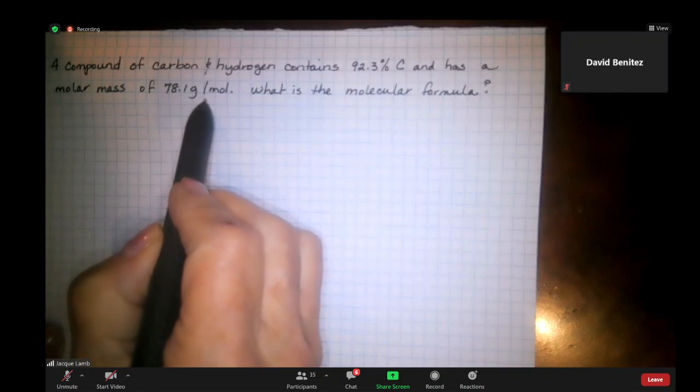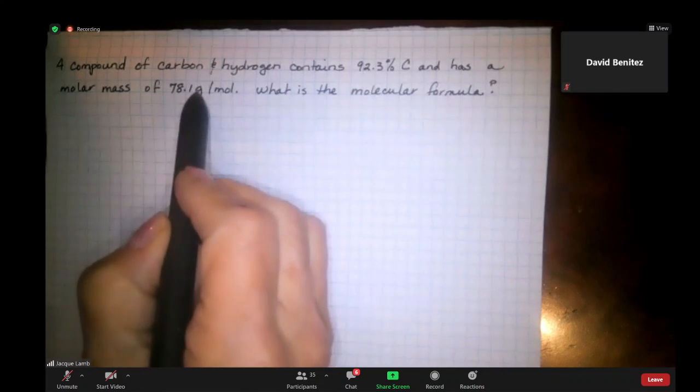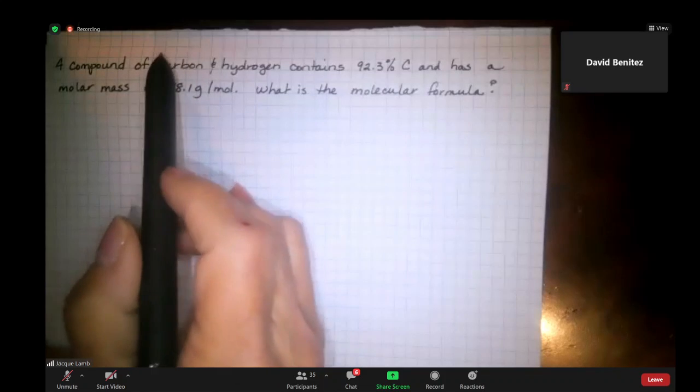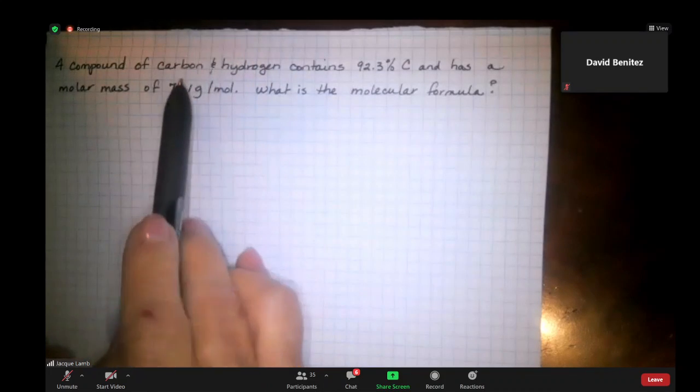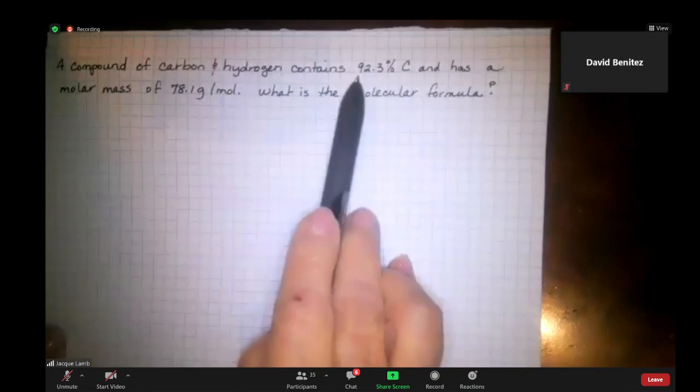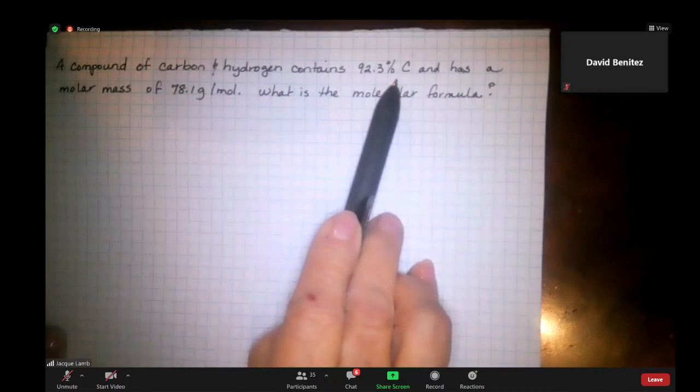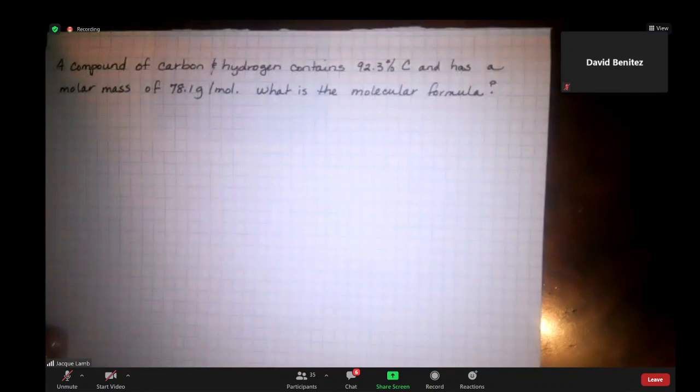You have to be given that. What is its molecular formula? You're going to have to figure out the missing percentage. If it's 92.3% carbon, the total has to come to 100%. That means that the mass percent of hydrogen has to be